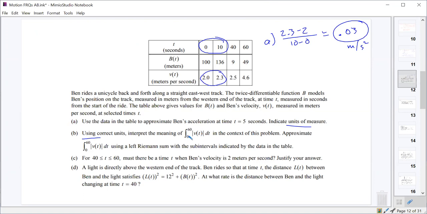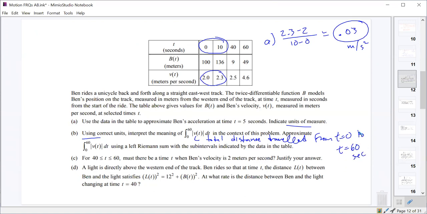Interpret the meaning of the integral from 0 to 60 of the absolute value of v. So that's the integral of speed. Integral of speed is total distance traveled. Make sure you are careful with your wording, right? The integral of velocity is position or displacement. The integral of speed is the total distance traveled, regardless of the sign of the velocity. Total distance traveled from t equals 0 to t equals 60